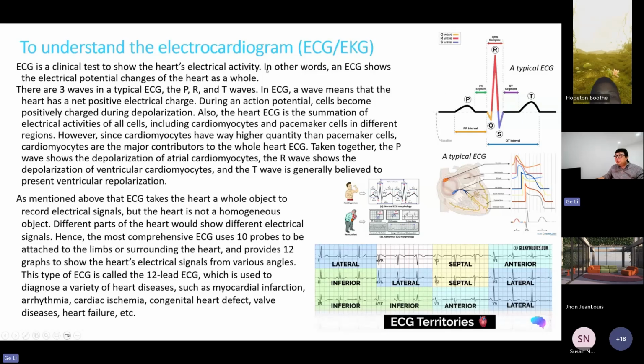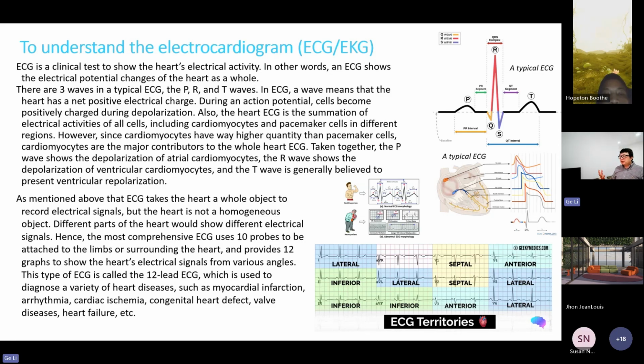ECG is English, EKG is German. But if you go into the hospital, actually EKG is used more often than ECG. I don't know why. But anyway, what is this? The ECG and EKG, there's a common misunderstanding that these are the signals from pacemaker cells, which is wrong. Even though pacemaker cells generate a signal at the first time,